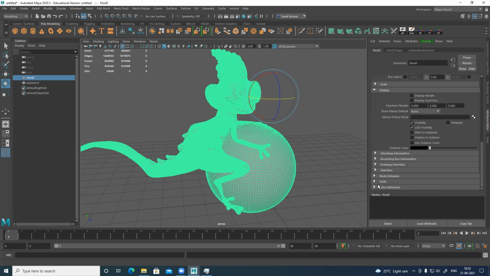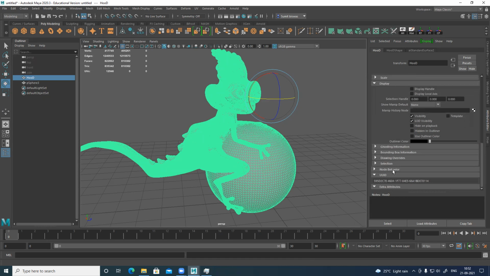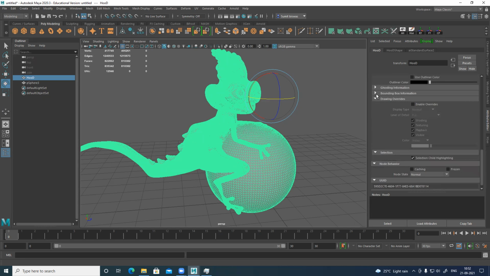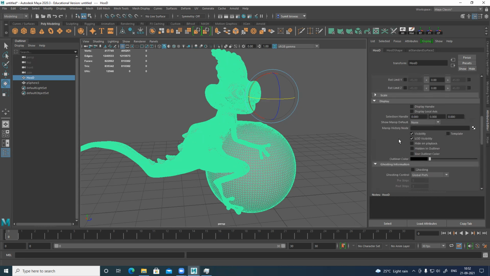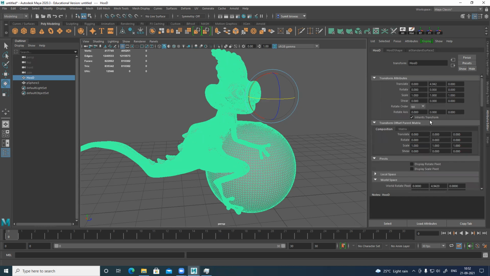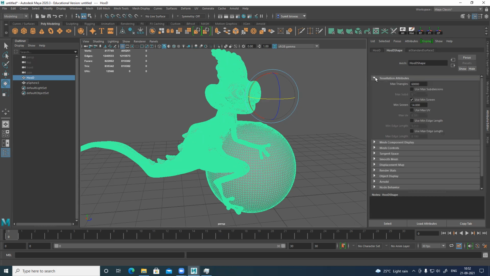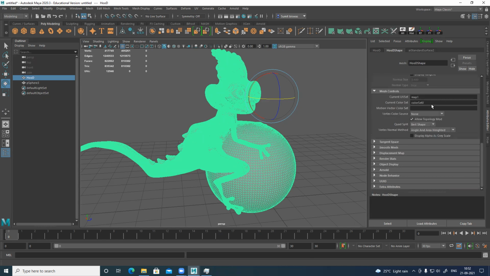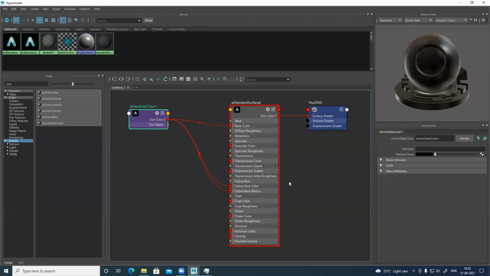Where is my attribute? Oh, sorry, mesh control. So there's something called color set 0. Copy this, Control C. Come back here, select this one, paste it here. That's it, and we're done.